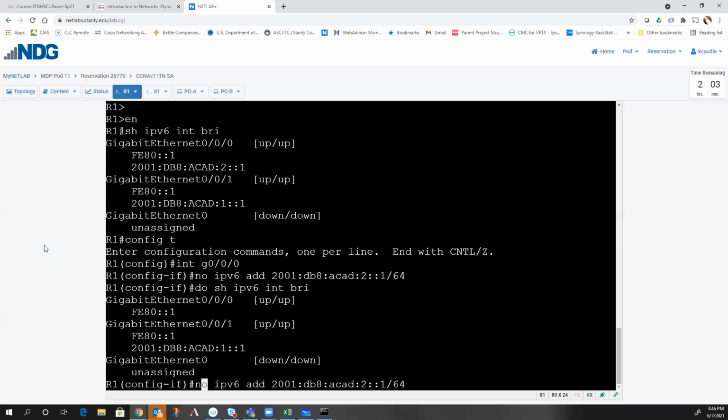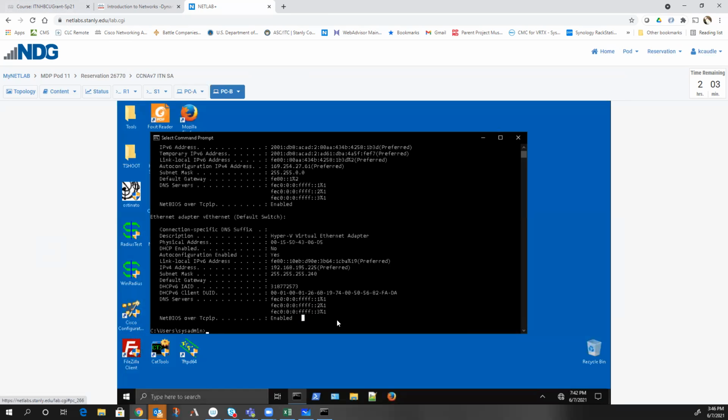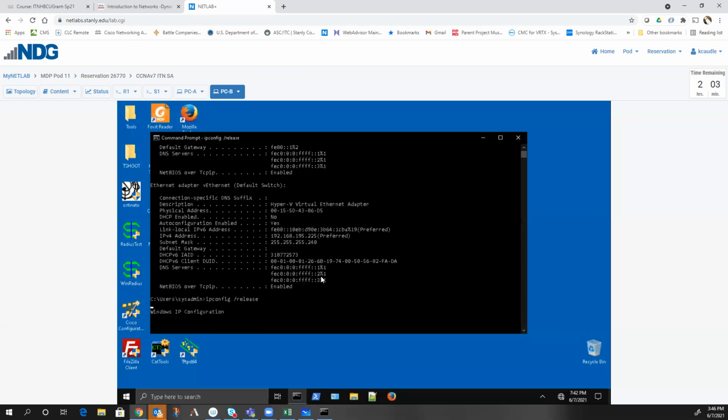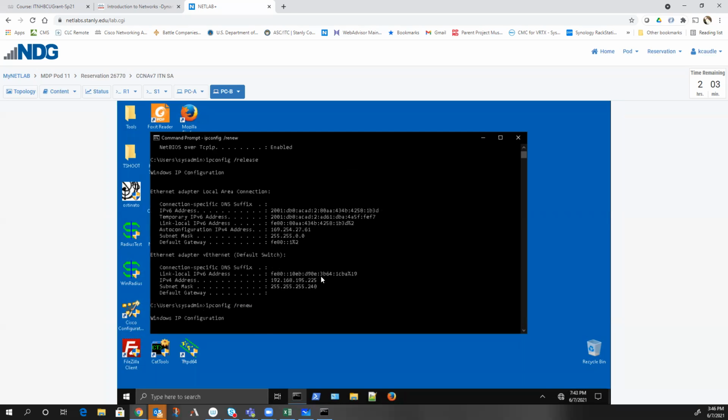Now what's this? By the way, Control A takes me all the way to the front. Control E takes me to the end. So I'm going to make this now B, because B is just 11, right? Hit enter. Okay. Now I want this machine here to get a new IPv6 address. What I should actually be able to do, and I may have to shut the interface down and bring it back up. But I have renumbered